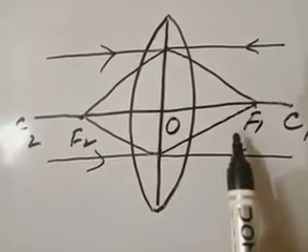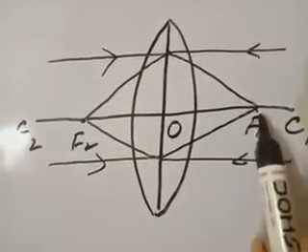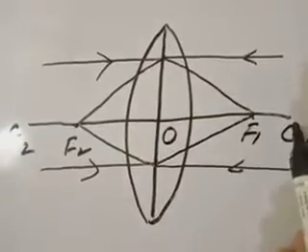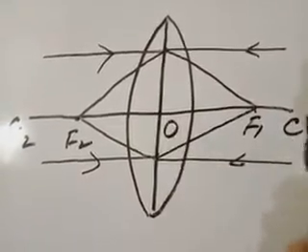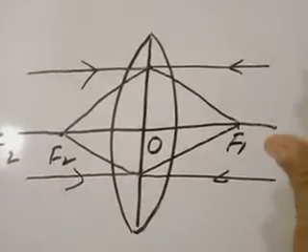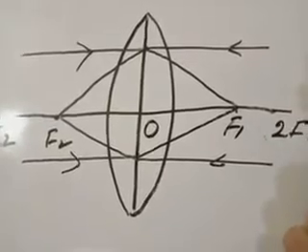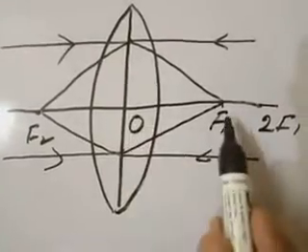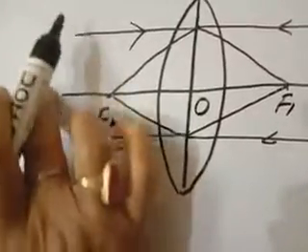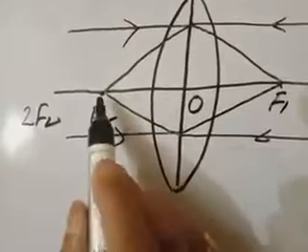Now, in the mirror we came to know the focal length, and this is the radius of curvature in the case of the mirror, and we know the radius of curvature is double the focal length. So instead of C1 we can write 2f1. That means 2f1 is double of f1, and here also we write 2f2. That means 2f2 is double of f2. Today your homework is to revise up to this point. Thank you.